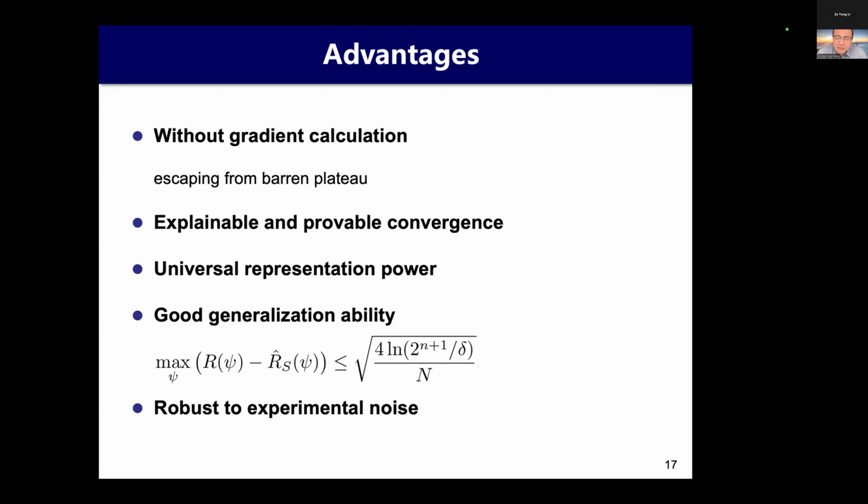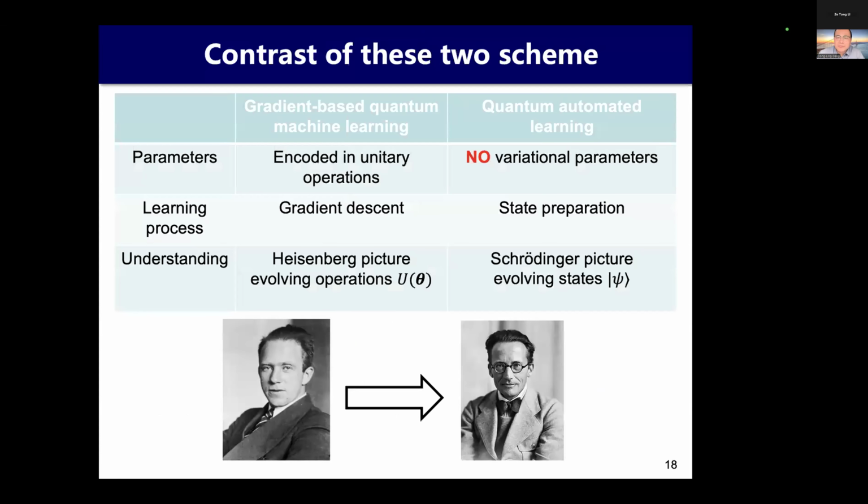So then the trainability of our model is explainable. It has explainable and provable convergence. Okay, and also you can see that this has a universal representation power and a very good generalization ability. All this can be rigorously proved. So from a high level, I can draw a similarity between the Heisenberg picture and the Schrödinger picture